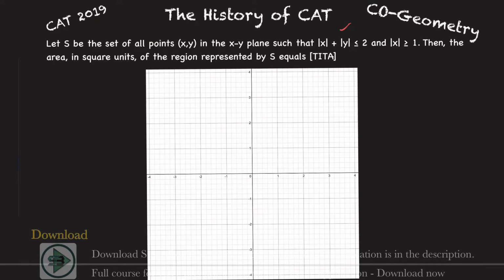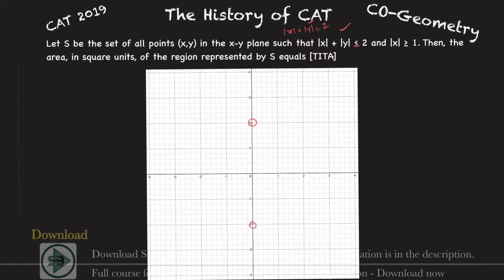So if I put x as 0, what will be y? y will be equal to 2. Let's just first take this as equal to, so modulus of x plus modulus of y is equal to 2. How will this figure look? If I put x as 0, y will be equal to 2, or it can also be minus 2. Why? Since this is modulus. So if x is 0, y could be plus 2 or minus 2.